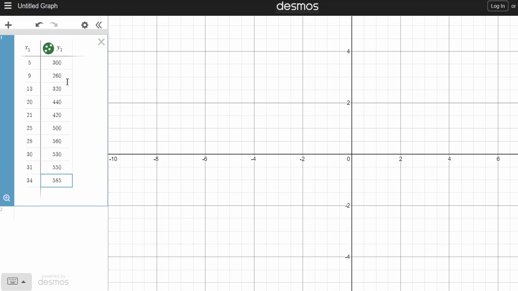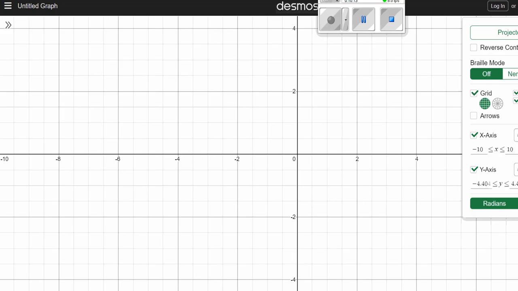And again, the critical point: you want to make sure you have the same number of entries in your X column as you do in your Y column, so that it can create your scatter plot accordingly. Now, depending on how you last used your calculator, it would adjust your window so you can see the data points. If you need to adjust it manually, in the upper right-hand corner,